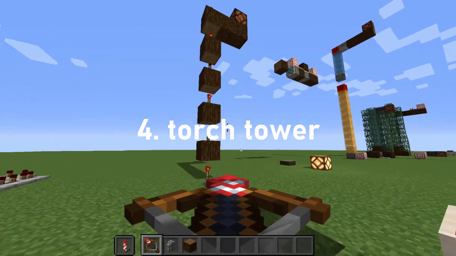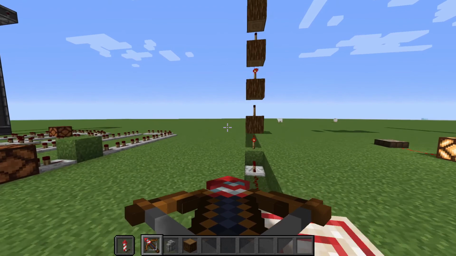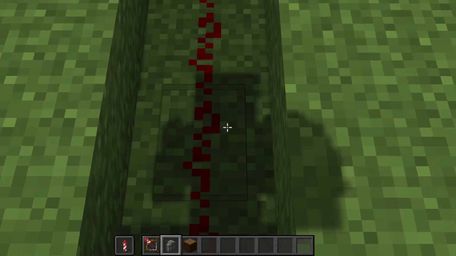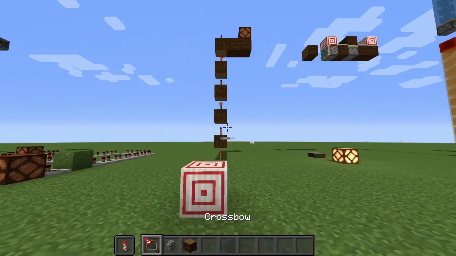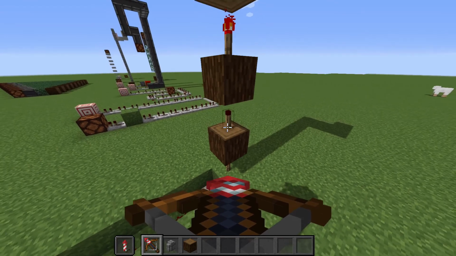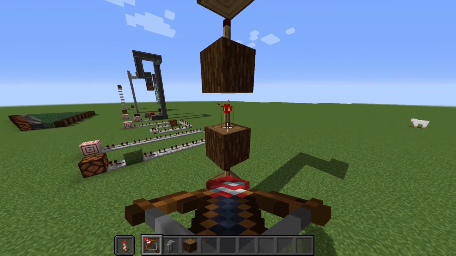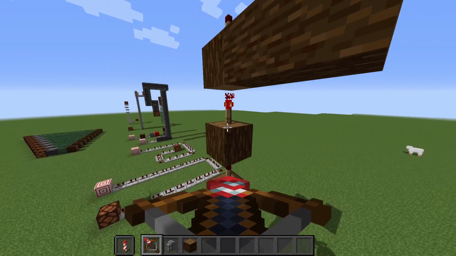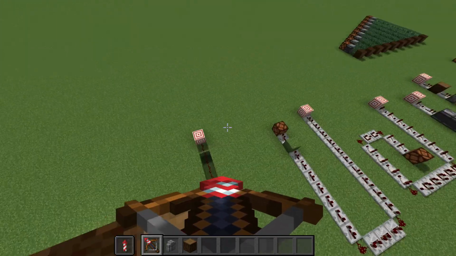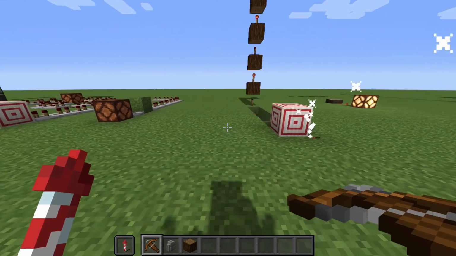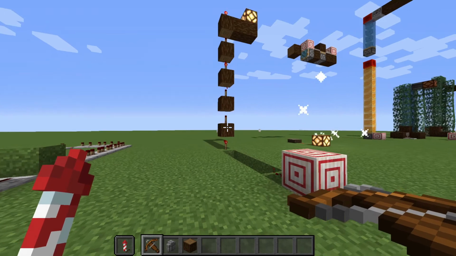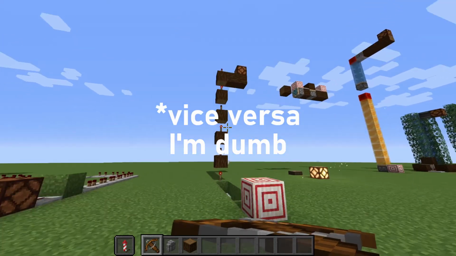Now here we have the redstone torch tower. This is actually like the first relatively complex one, I mean more than just dust in a line. And this just works on the principle that a powered redstone torch will turn off. So this one powers this one, which is off, but because this one isn't powered, it's on. Because this one's off, this one's on, this one's off, and redstone dust into the lamp. So you see, as we power it temporarily, it turns off, then back on again, which leads to a pulse